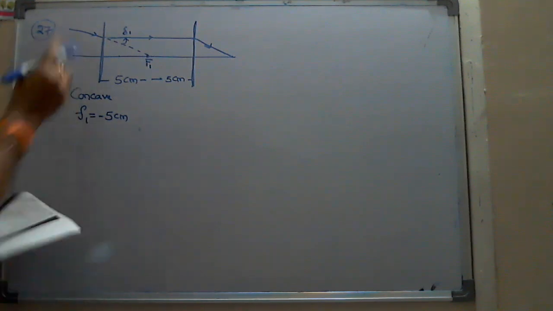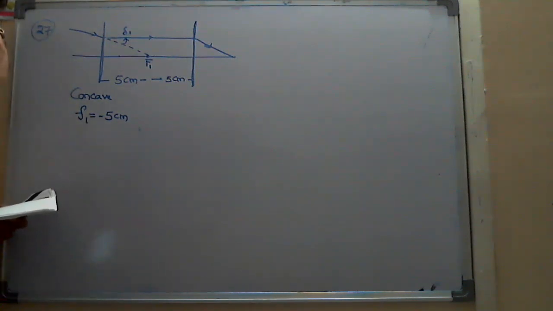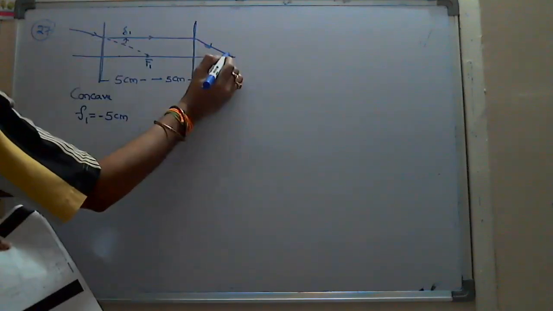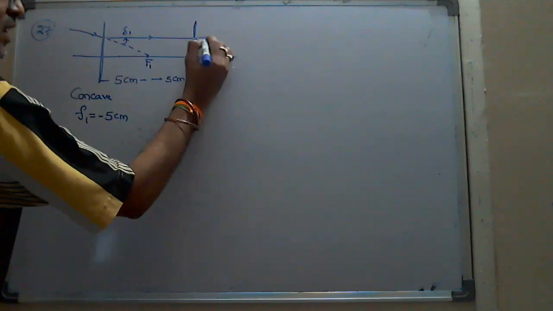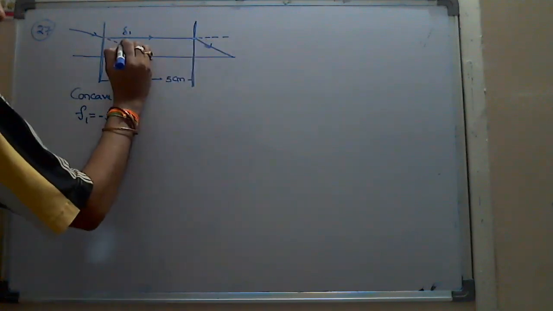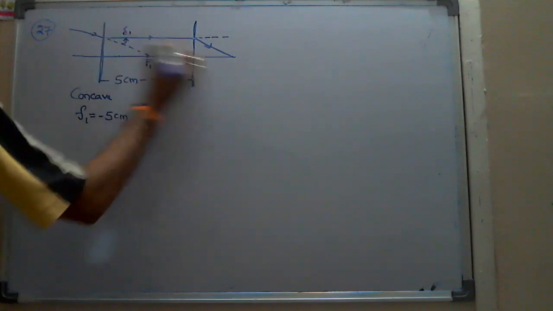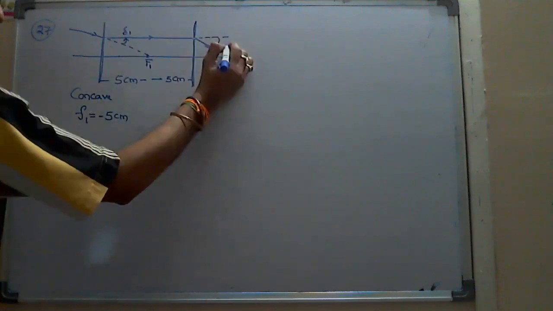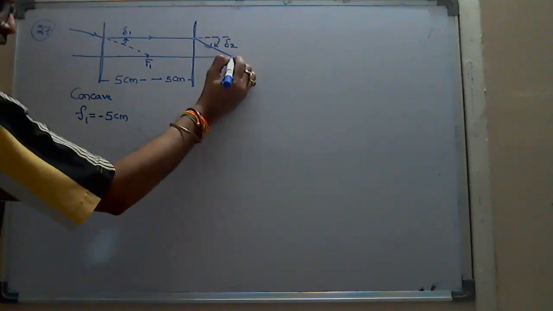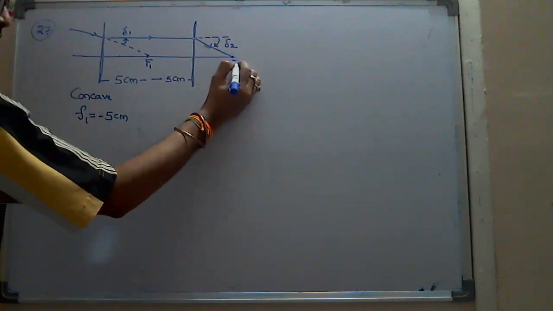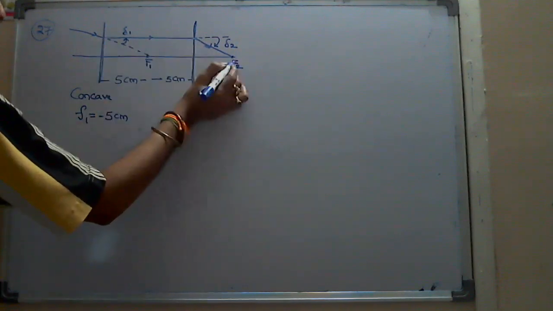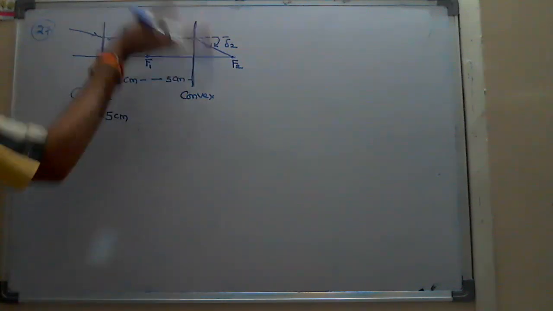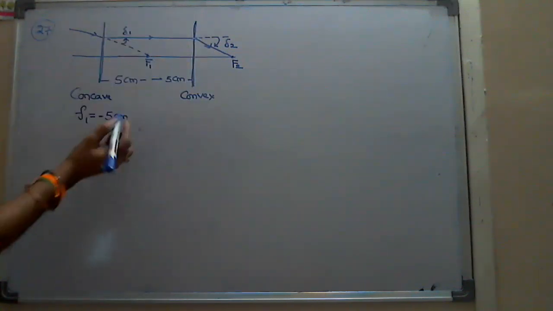He just gave the incident and the parallel emergent, without any deviation. It is parallel to the other, meaning here it is taking the same deviation. Look at here. It is anti-clockwise. There, instead of going straight, it takes this much deviation clockwise, delta 2. And finally it converges to one point. Actually, that is called the focus. Why? Because a parallel line converging to a point means surely it is a convex lens. Why? Because the parallel line is converging towards the principal axis.